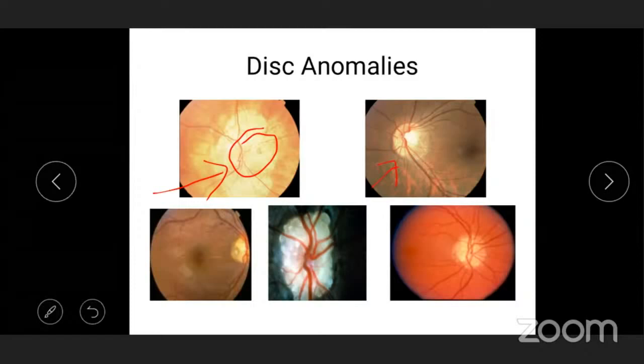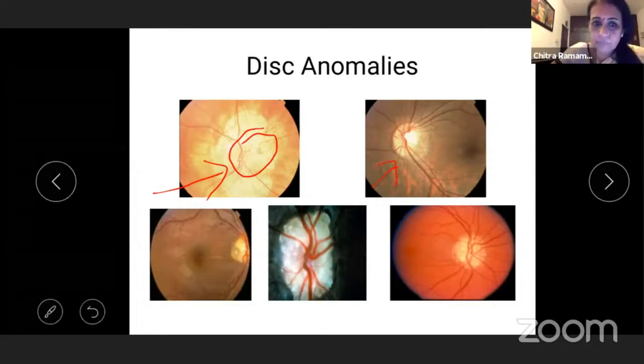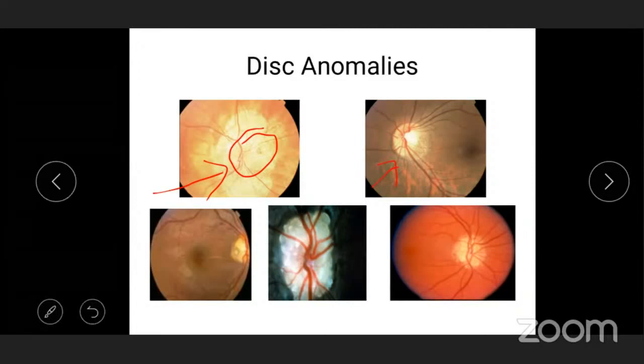It could be a tilted disc, which could actually manifest with a field defect also. But these are not abnormal. They can still have glaucoma, but they are not abnormal. Then the rim part. Come to the second point. The rim was the thickest inferior and superior. In fact, we said that the temporal rim is not much affected, or it may be affected only in advanced glaucoma. In this, which appears to be an optic pit, you can see the thinning is only in the temporal part, next to the macula.